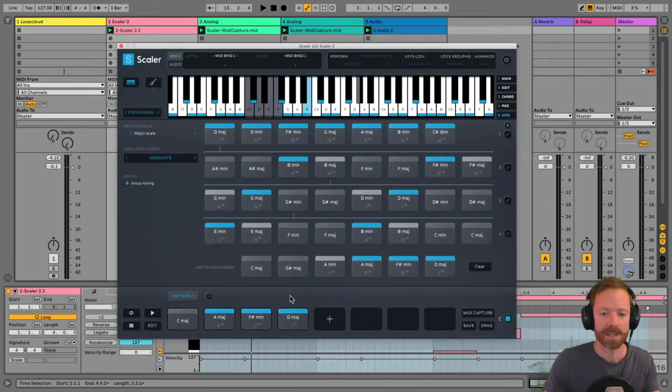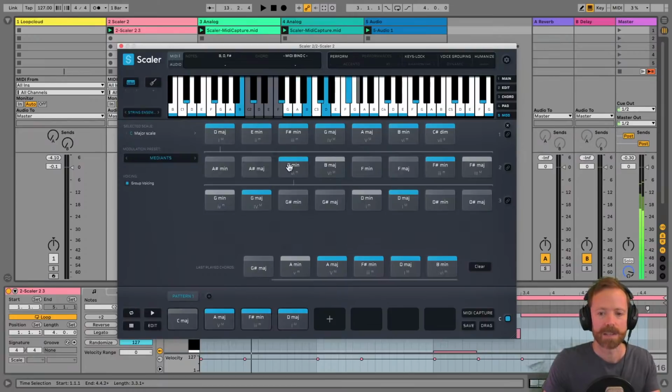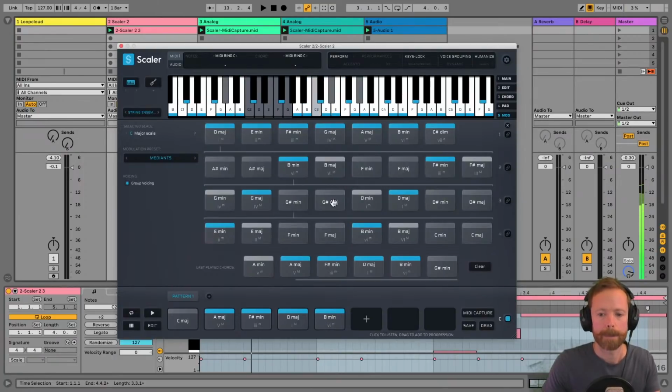So D major, just kind of picking chords at random here. You can always go back and change them later if you want to make them a bit spicier, or major or minor if you want to shift the mood in a different direction.